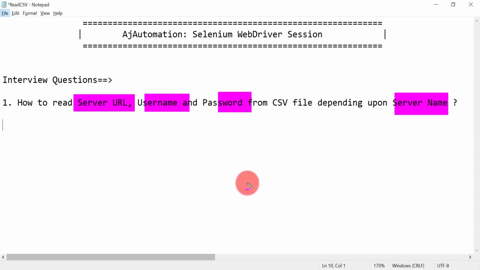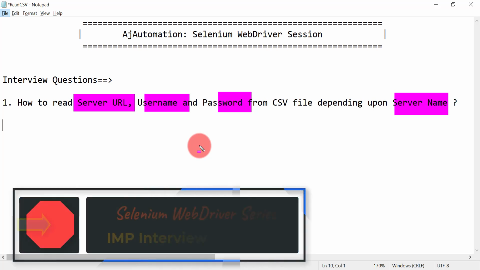In our real-time project we have multiple servers on which we perform testing, right? So we have to run our automation test cases on dev server, QA server, or integration, UAT server is there, pre-UAT or production server, right? So all these servers would have different URLs, right? Different credentials as well. So UAT server will have some different URL, your production URL is different, your integration, your QA server URL is different, and credentials are also different.